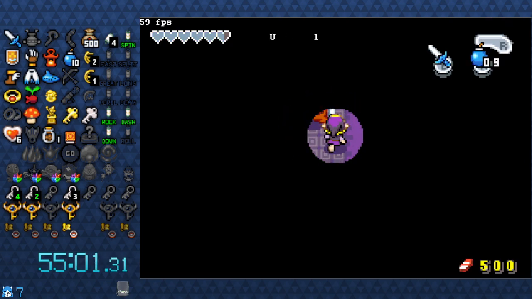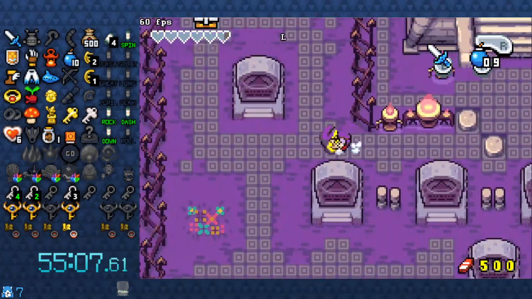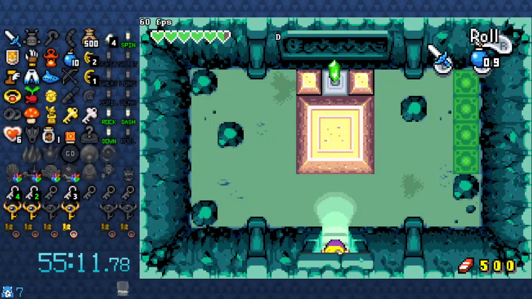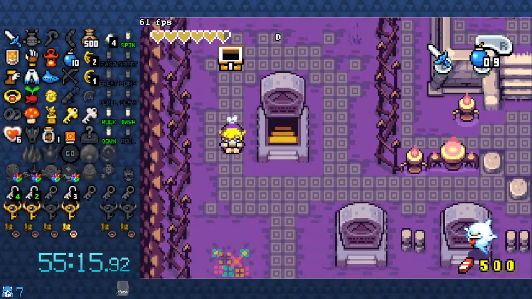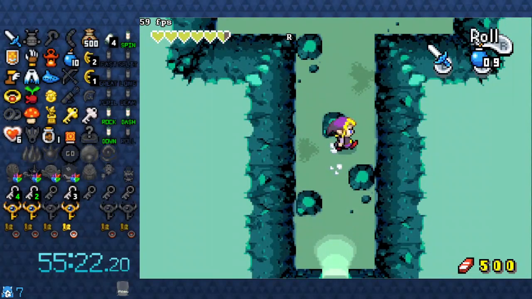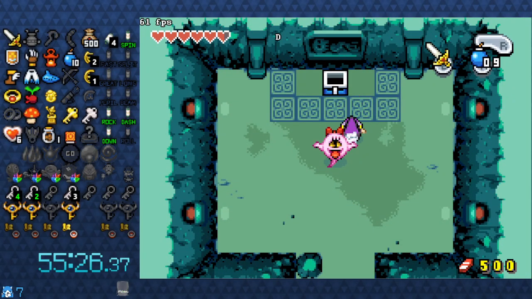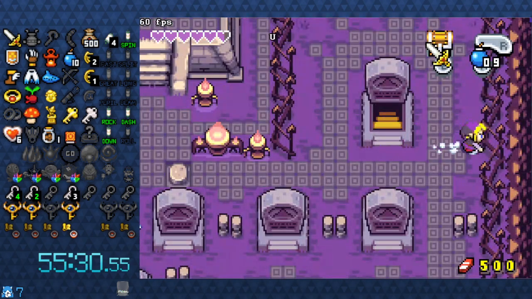Let's see if the graveyard key is actually worth going back for. Because we didn't actually need the graveyard key to do any of that. Yep, 4 sword was behind graveyard key. Oh my. So now